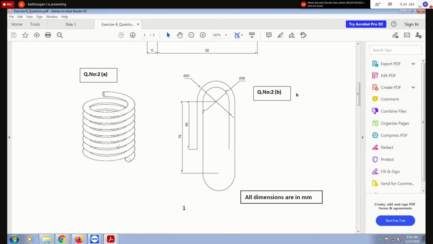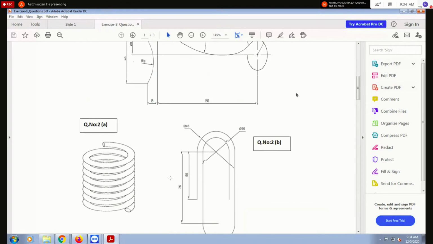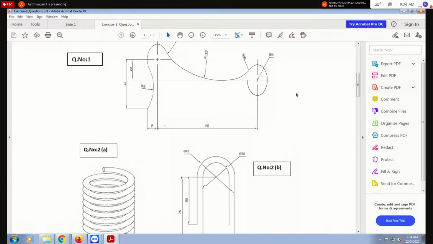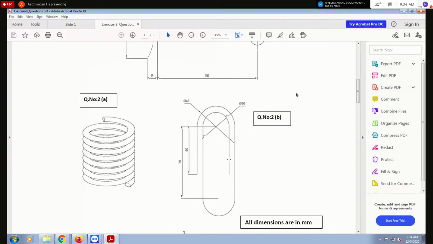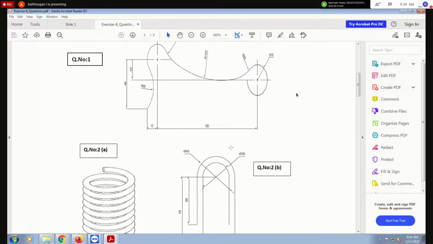The sweep diameter also doesn't matter. You can use your own dimension. The final profile, final answer should be like this. So that is the purpose of sweep. With the help of the sweep command you also have to complete the first question and the second B also. You draw only the dimensions, the profile, then using sweep, like this is one pin. So this is a pin. This one is a lock.